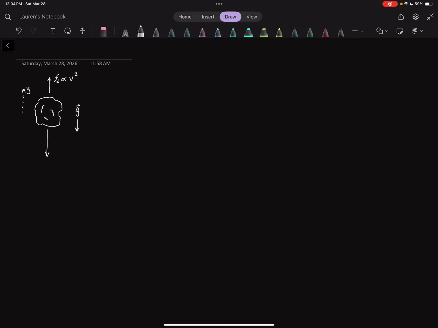Last week we considered an object that was falling due to its own weight and considered a linear drag model, which is appropriate for low Reynolds number environments. We took the example of a grain of sand settling through water. Instead, today we're going to consider a nonlinear drag model, which is more appropriate for, say, a boulder falling through